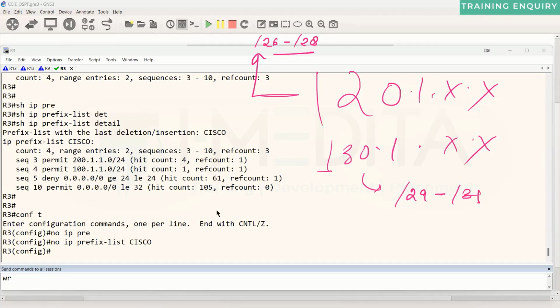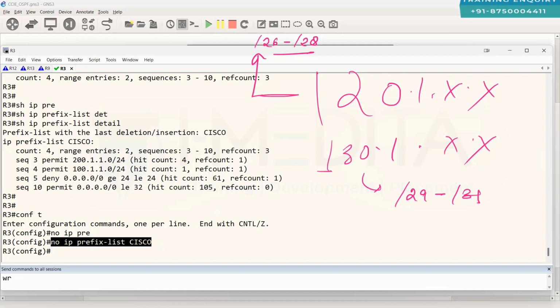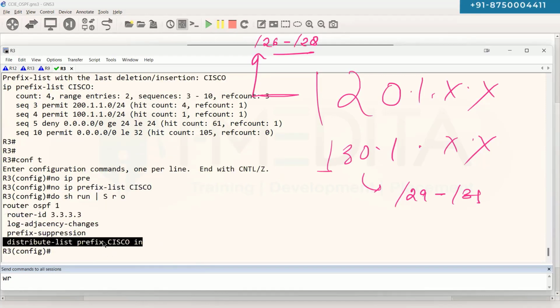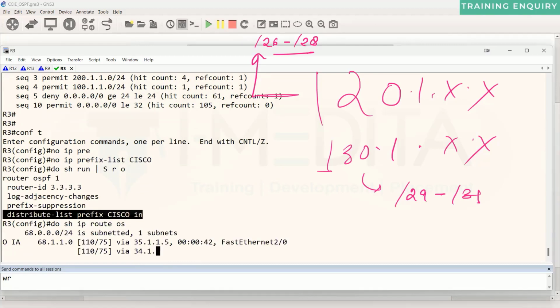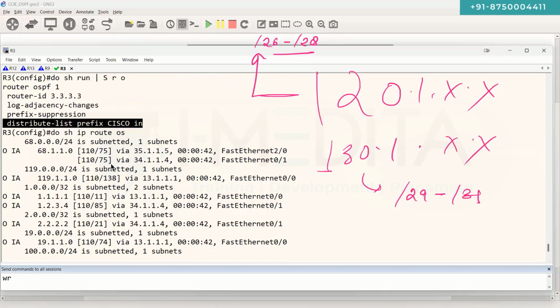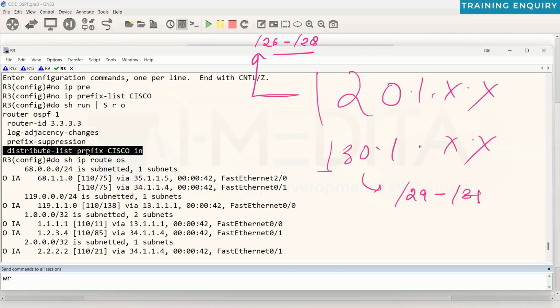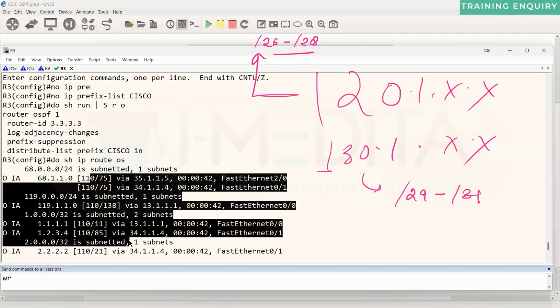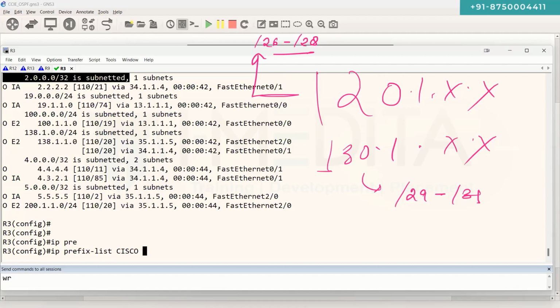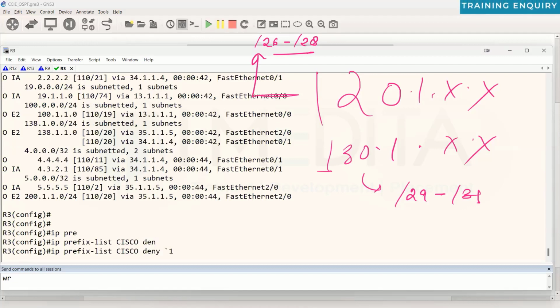One more thing to remember: if we have not configured the prefix list and we have just applied that prefix list in OSPF, it doesn't mean anything. You will still have all the routes. The prefix list has no impact on the routing table if you have not created it. There's no prefix list named Cisco now, but it is still applied in router OSPF. It will have no impact. So anyway, IP prefix list Cisco deny